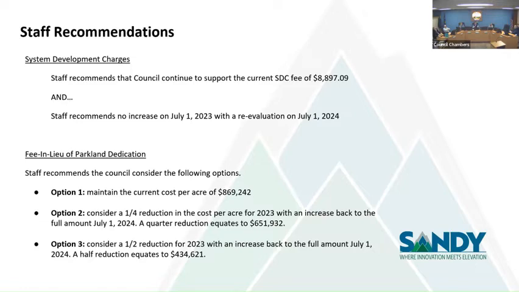I mean, that's a massive increase, at least from my optic test. And I want parks too, but I also want to be equitable. And I don't have enough data to support that increase yet. Right. But I know that I've got work to do to look at that. So I'm okay with keeping it as it sits. I'm just more curious, is there any way to protect the people that were in the pipeline already?